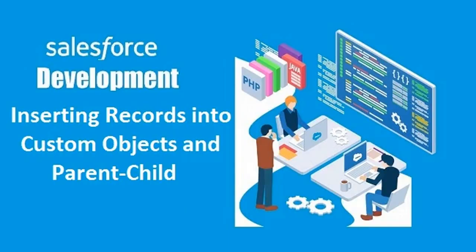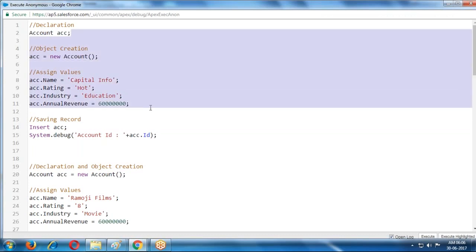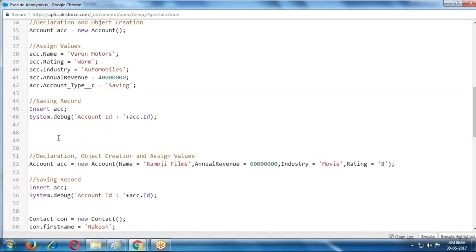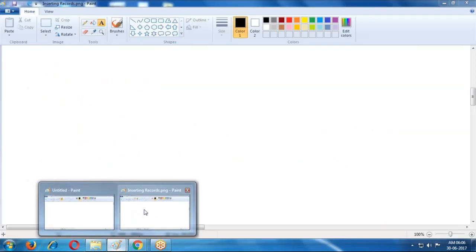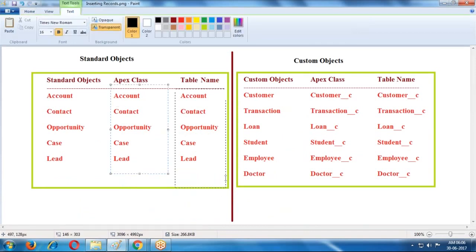In the last session, we learned how to create records in standard objects like account, contact, and opportunity. Every object contains Apex classes and Apex tables. Classes are used to insert or delete data. If you want to perform DML operations, we use Apex classes, and the table names